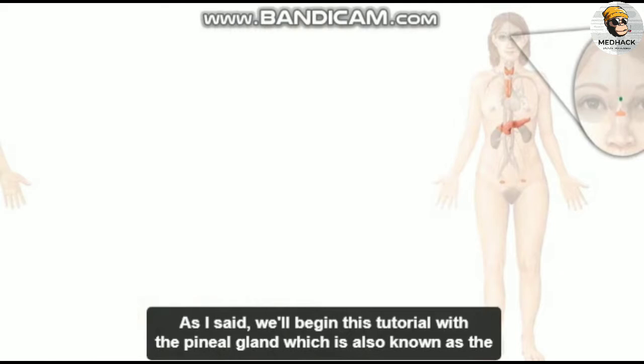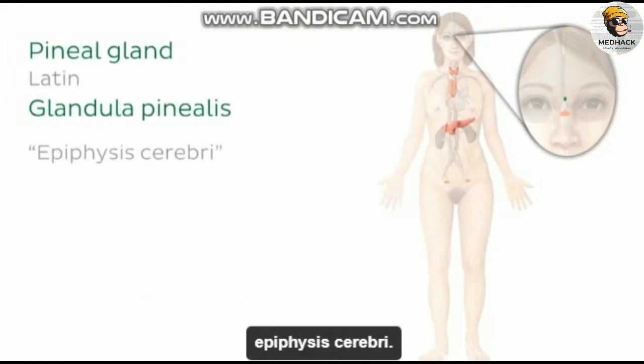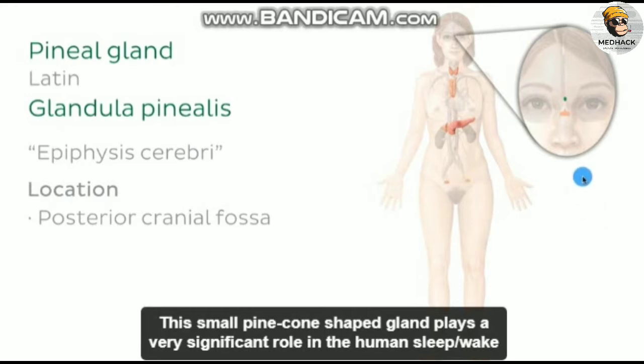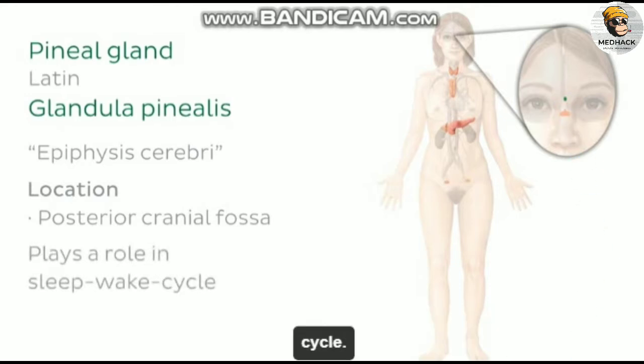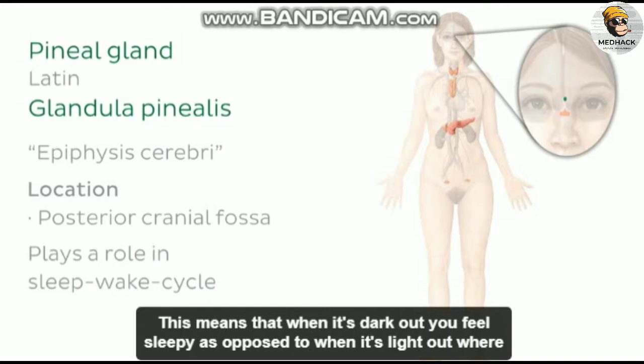As I said, we'll begin this tutorial with the pineal gland, which is also known as the epiphysis cerebri. The pineal gland is located deep within the brain in the posterior cranial fossa. This small pinecone-shaped gland plays a very significant role in the human sleep-wake cycle. Our sleep-wake cycle usually mimics the rhythm of light and darkness. This means that when it's dark out we feel sleepy, as opposed to when it's light out where we are